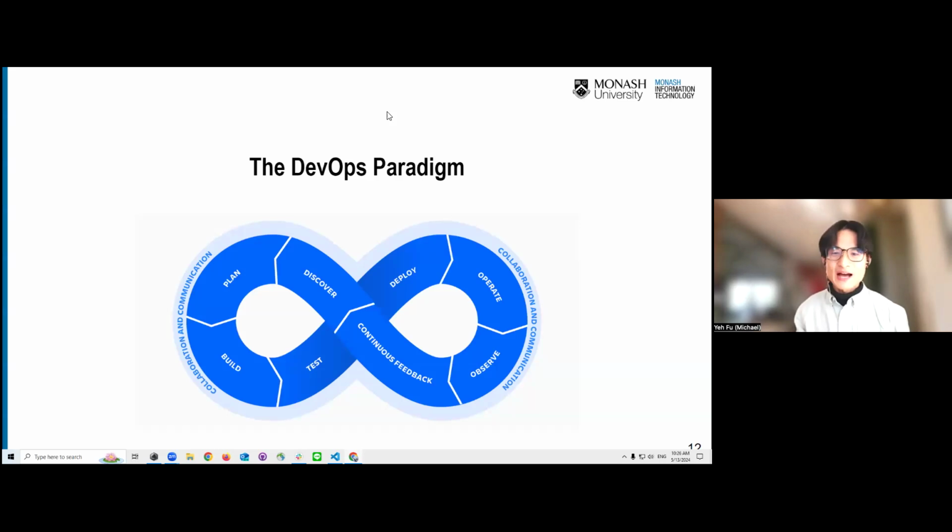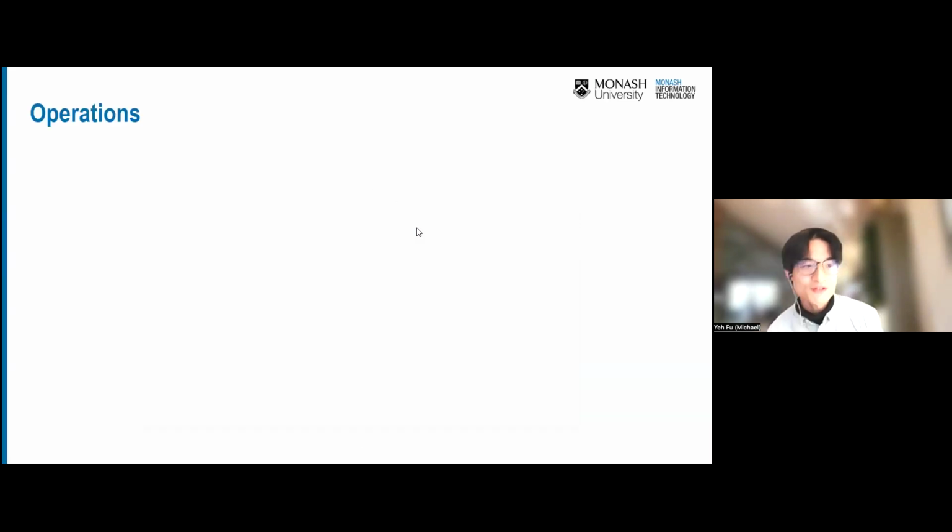So the next step, I'll introduce the DevOps paradigm before we can discuss AI for DevOps, right? We need to understand what DevOps is. It's actually development and operations, but why do we put these two words together? What's this paradigm about? First of all, I want to introduce operations, because you guys know development, right? Development is where you plan how to build your software, implement it, do some tests and deliver.